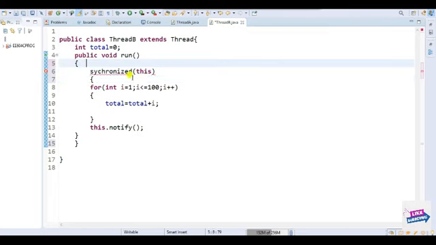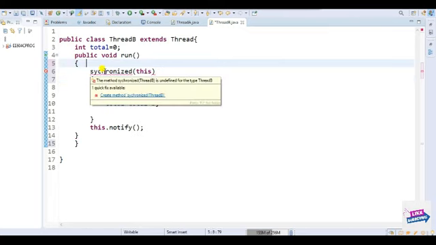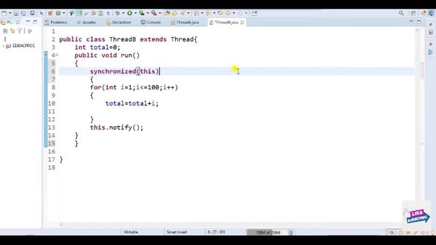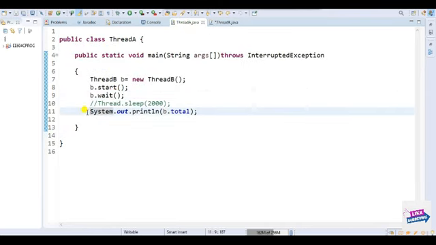Let me correct it. Synchronized on this, within this is the for loop, and this is the close of the synchronized block. Yes, this is the run method. And here this method is waiting for the update, so I have to use synchronized on the object b, because it is waiting for the update.